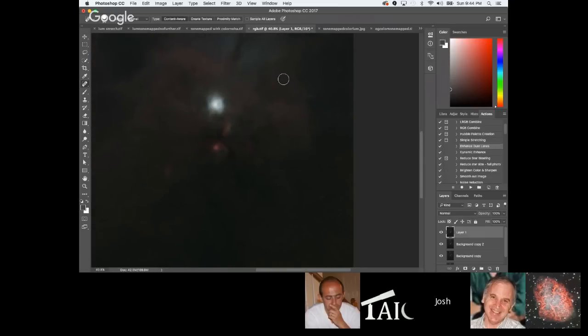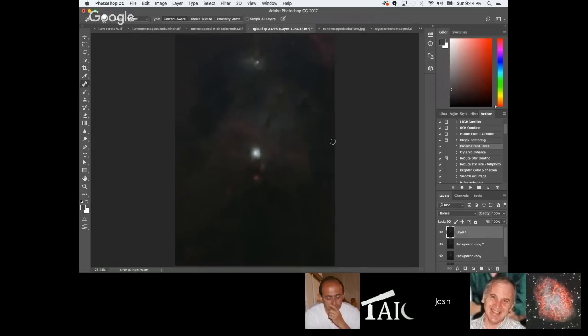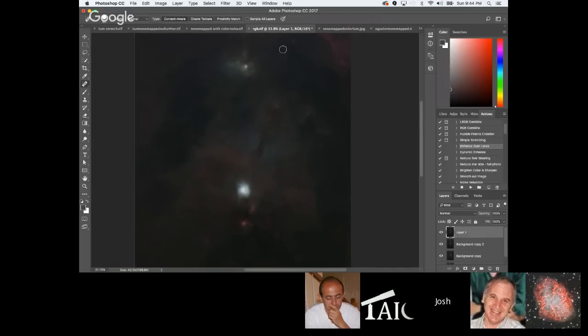And so what I like to do whenever I'm processing this color is make sure I bring up the color as much as possible and as rich as possible in this color frame, because we can always back off of it with the Lume data, but I want to make sure there's enough that we can get everything we want in here. You can see I'm just clicking out a couple more of these